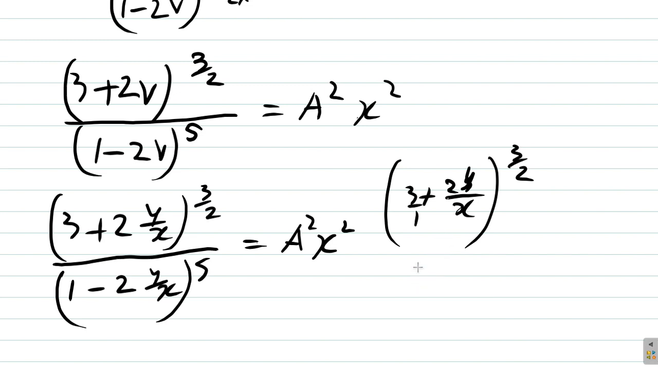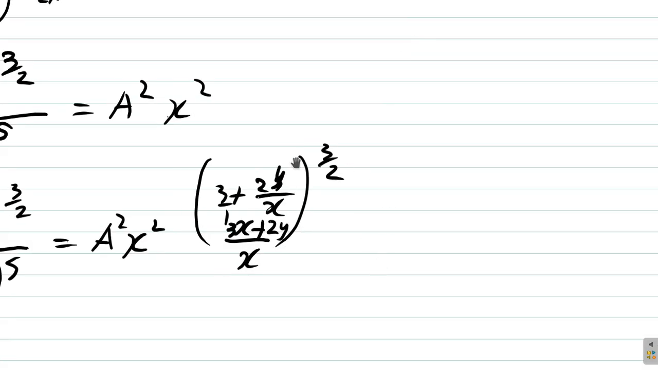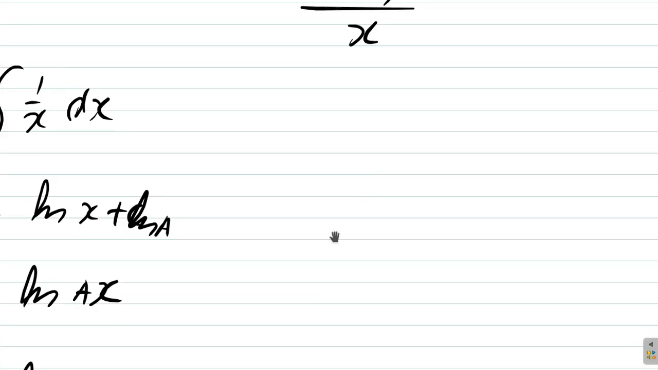Say up top we have LCM. 1 into x goes x times. x times 3 is 3x plus x into x goes 1 time, so it's 2y. So up top we have 3x plus 2y over x. Just another way, just playing around with it. 3x plus 2y over x, and that is raised to the power of 3 over 2